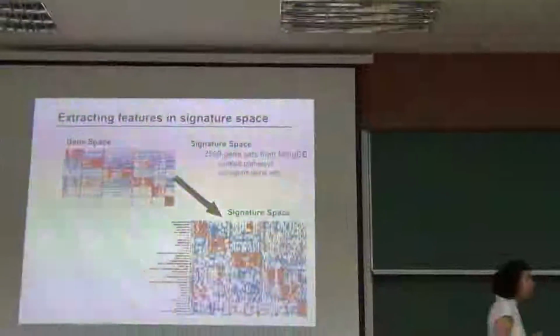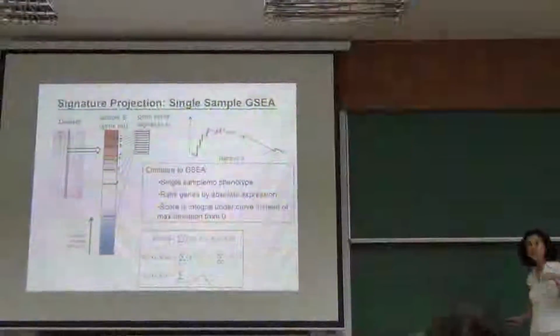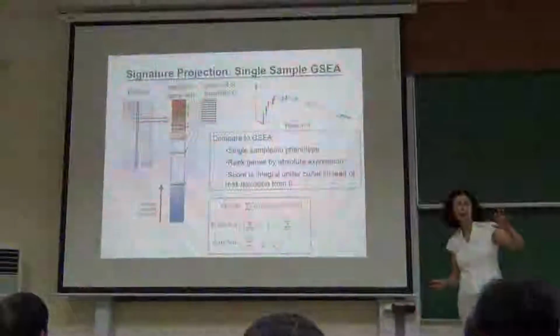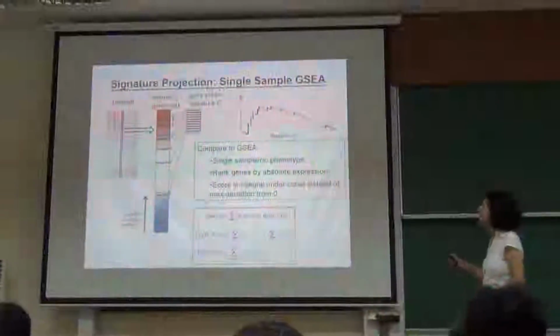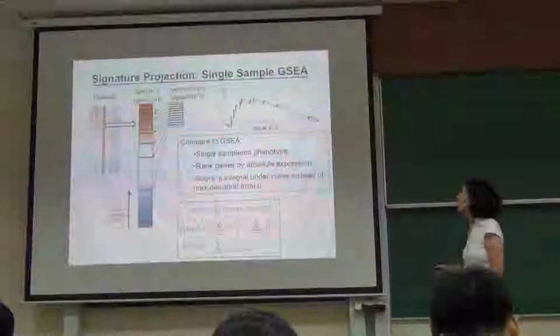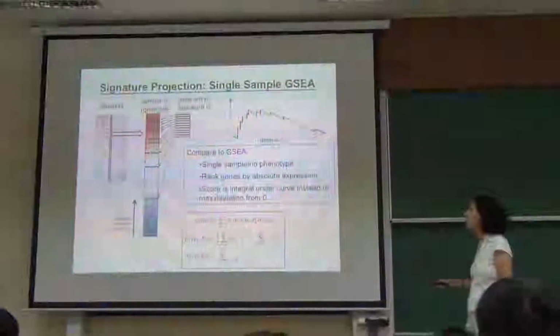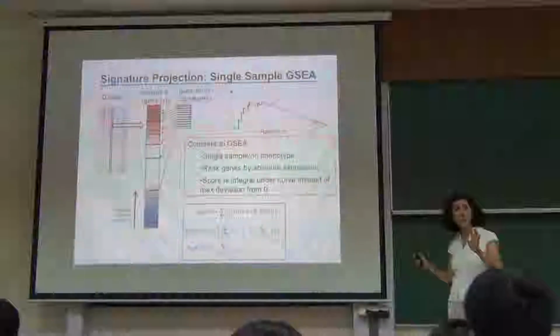So how do I do that projection? I do it in a similar, Kolmogorov-Smirnov-like way to how I did the gene set enrichment score. But in this case, I'm doing it on a single sample, so I don't do any